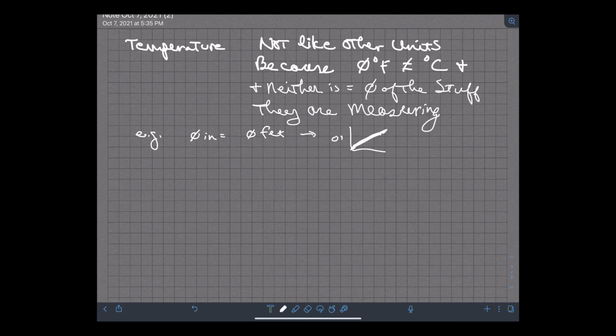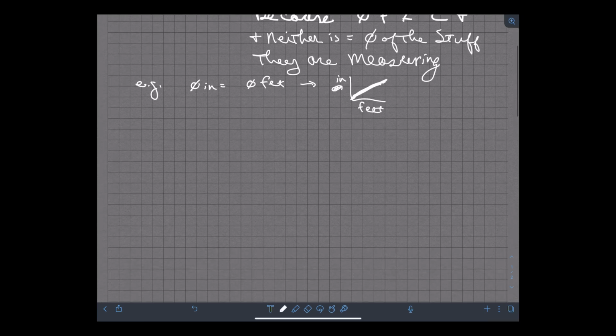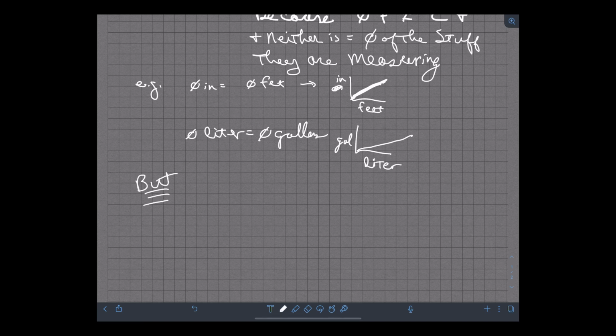If you looked at it as a slope, you'd say, any unit on one axis, any unit on the other, they both hit 0 at the same spot. No distance is no distance. Then you'd say, okay, well, no liters is no gallons, right? So with any volume changes, you'd see the same thing. None is none. Maybe a different slope, but a similar idea. Now, but, and that's a big but,